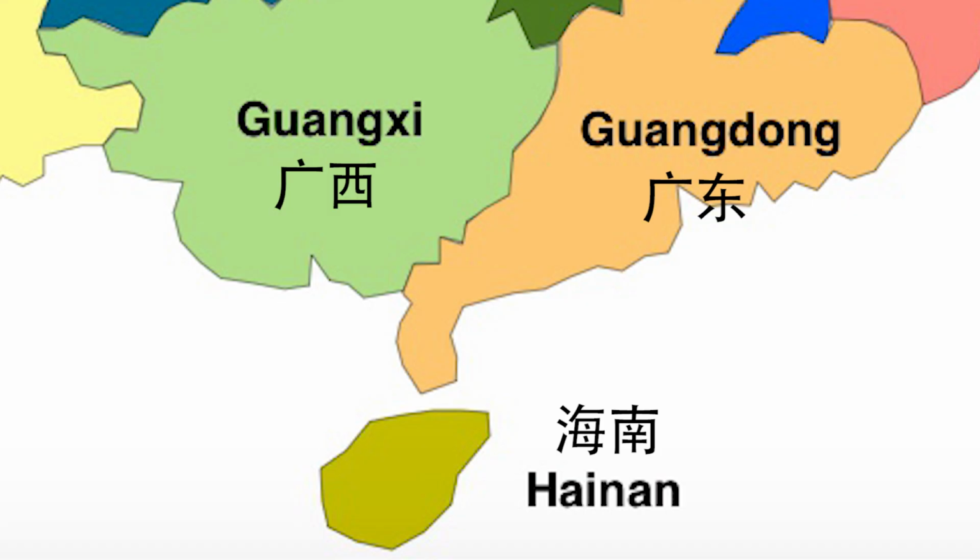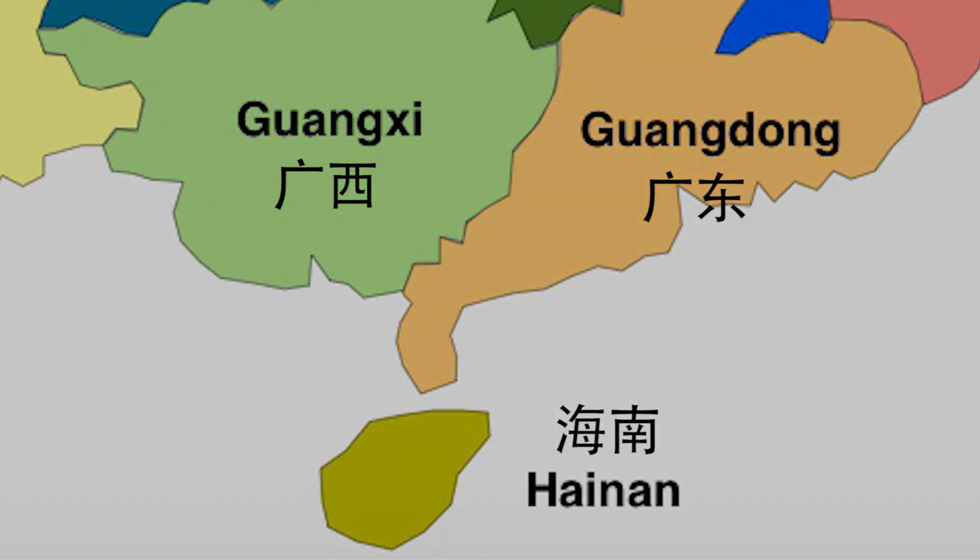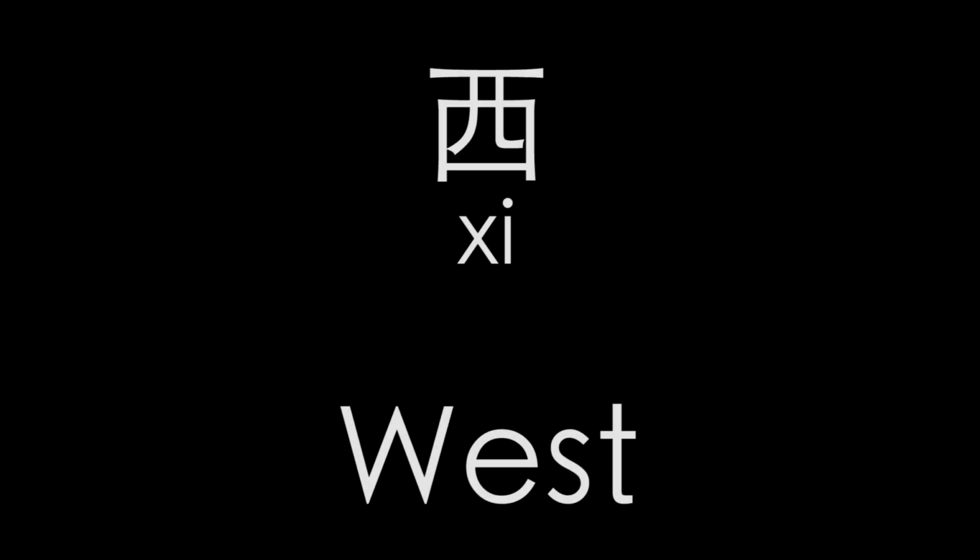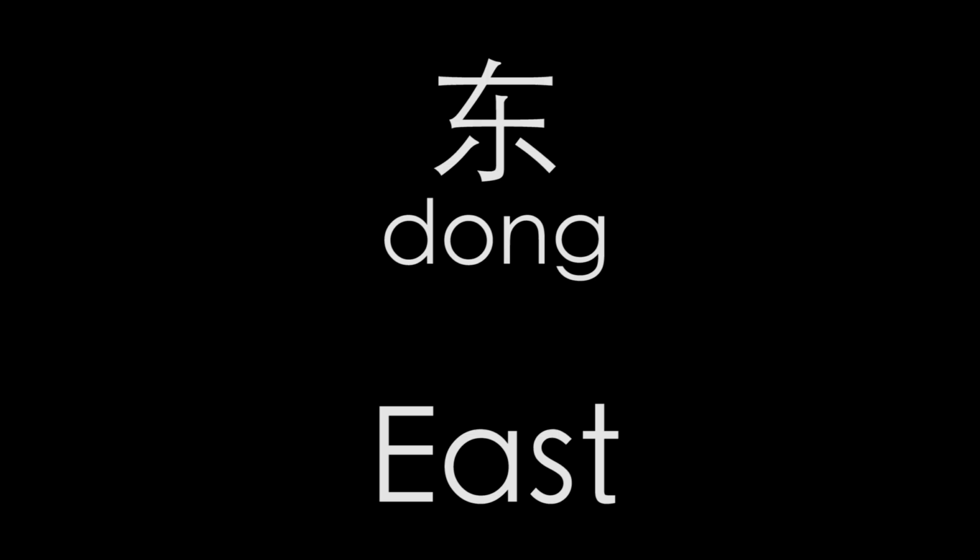The Guangdong province is situated in the bottom right on the map. Here you can see three provinces, Guangxi, Guangdong, and Hainan. I want you to remember the second character of each of these three names. So Xi, Dong, and Nan. Xi, that means west. 西 Dong, that is east. 东